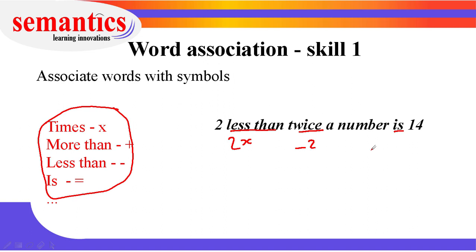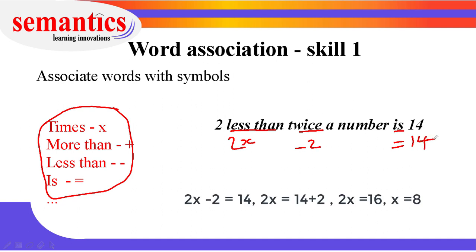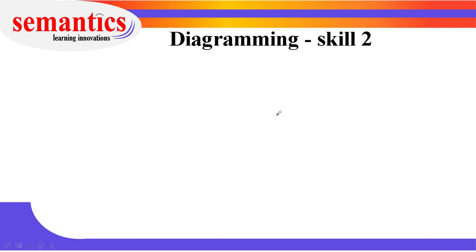So we have 2x minus 2 and is equal to 14. So 2x minus 2 equals 14. If you have to bring this number to the right hand side, just change the sign. So 2x is equal to 14 plus 2, 2x is equal to 16, x is equal to 8. You will be getting complex word problems in your exam. This is the easiest way to understand the question. Let's take skill 2,